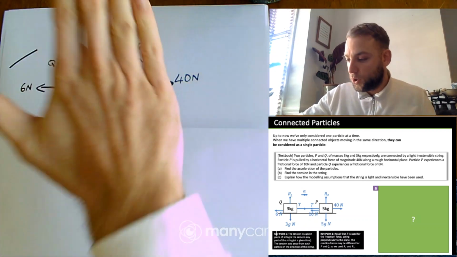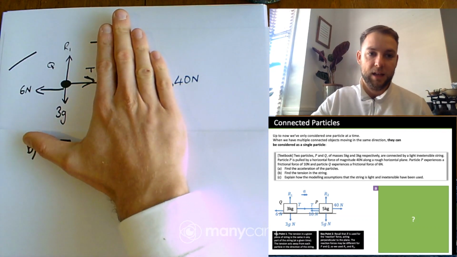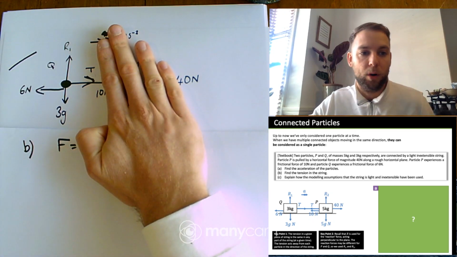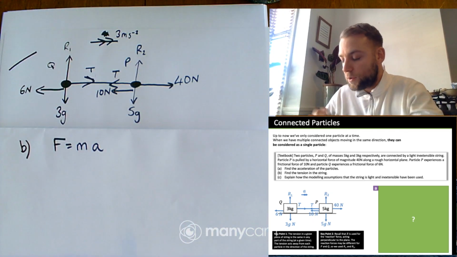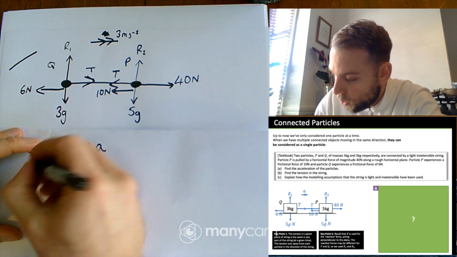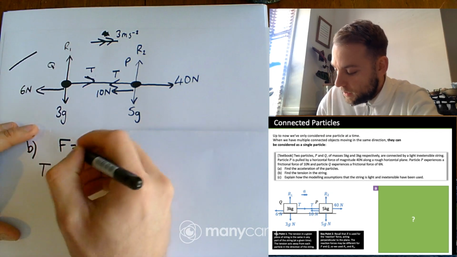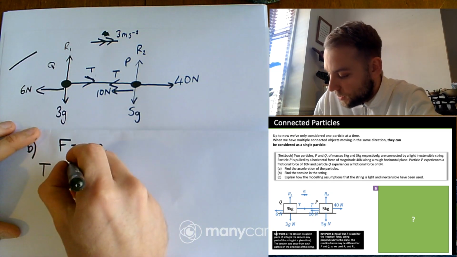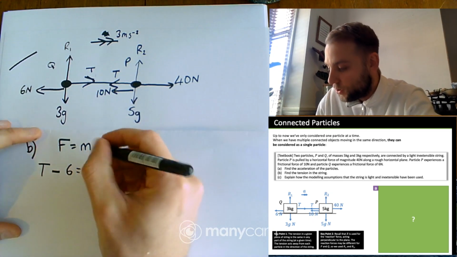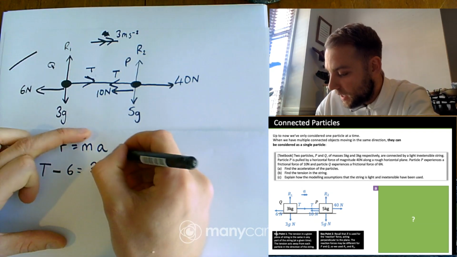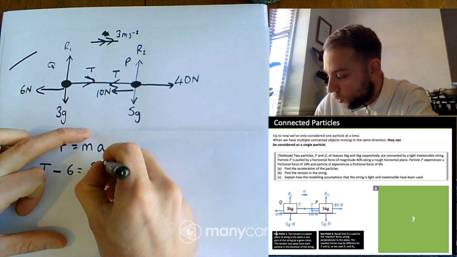Now, basically, what we're doing is we're covering this up, okay? If I cover this up here, we're just looking at what are these forces which are pulling Q. So the forces which are pulling Q are the tension, which is acting right, like so, minus the frictional force on this, which is 6, which is equal to your mass. Now, it's just the mass of Q, which is 3, times by the acceleration, which I've also just worked out